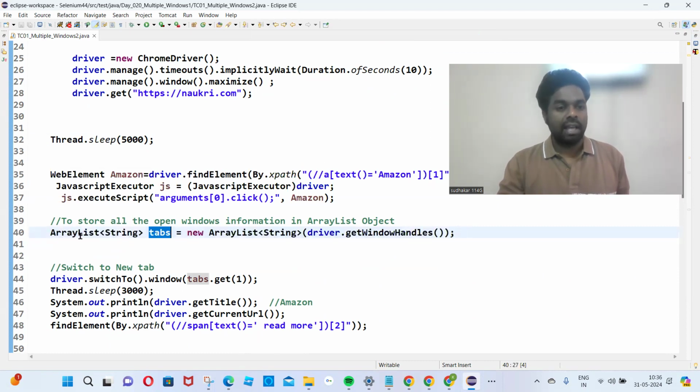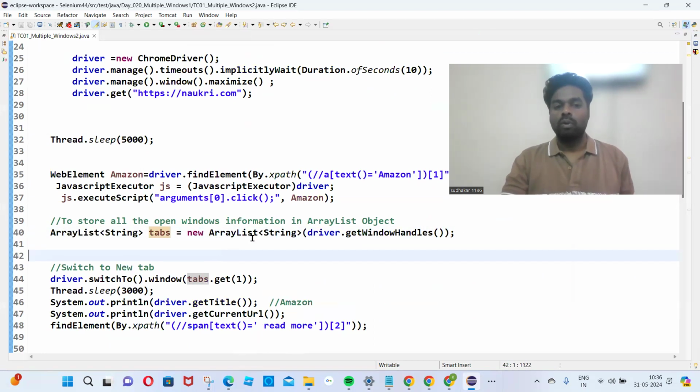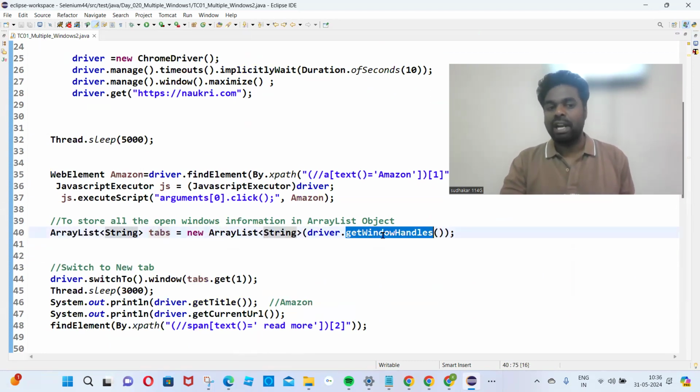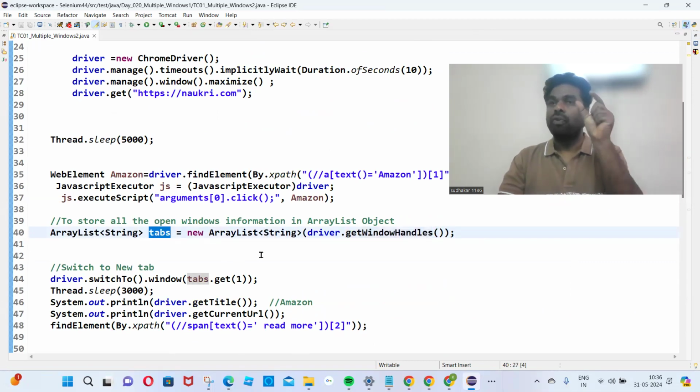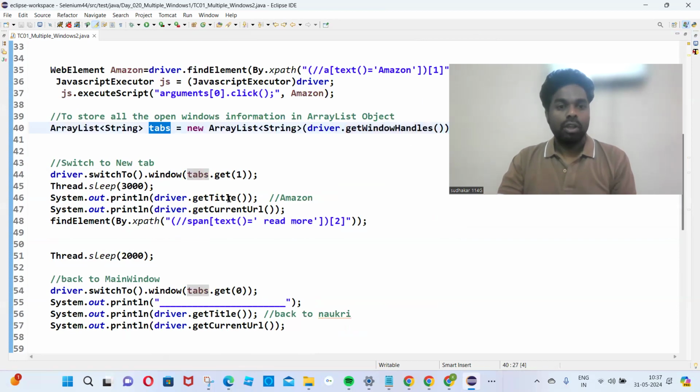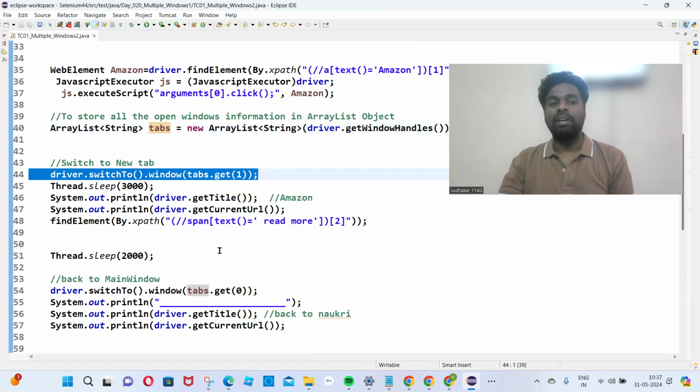So ArrayList is a Java concept. ArrayList<String> tabs = new ArrayList<String>(driver.getWindowHandles()). Tabs means the tabs object contains the first one, which is Naukri, and the second one, which is Amazon. So if I want to switch to the second tab, I need to write driver.switchTo().window(tabs.get(1)). So it will directly jump onto the second tab,